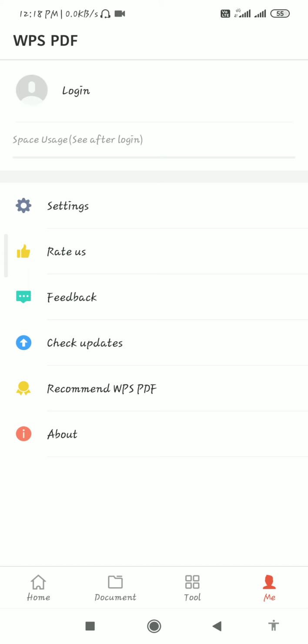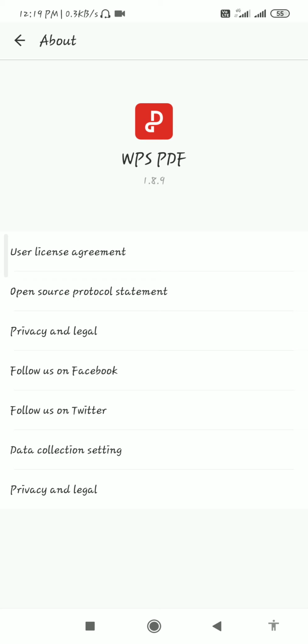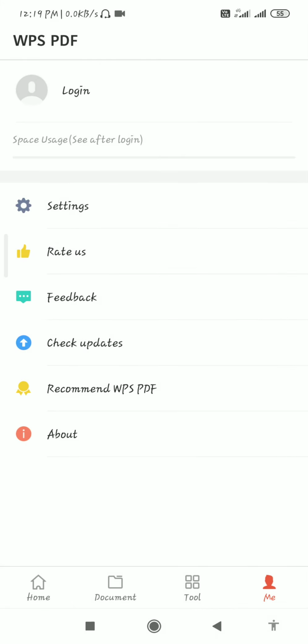Here is the feedback option, so that you can give written feedback to this application. Here is the option to update this application in time. And here is an option for more PDF applications for you. And here is brief information about this application. You can go here, and here is short information about this application.